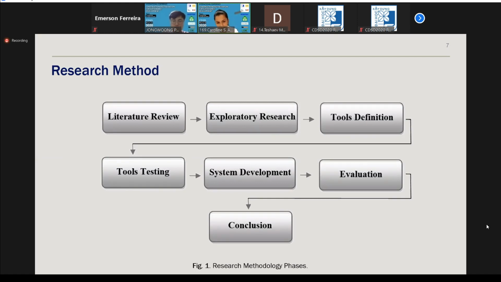And after this, we had the stage of development of the system, the prototype of the digital twin. After this, we did an evaluation of the system and the conclusion with the publishing of the results.